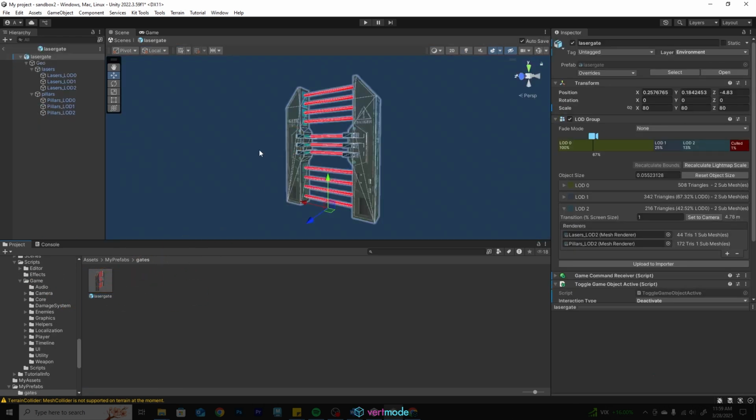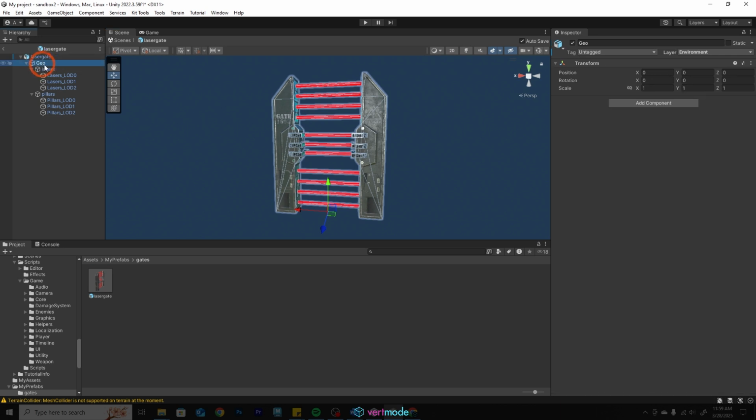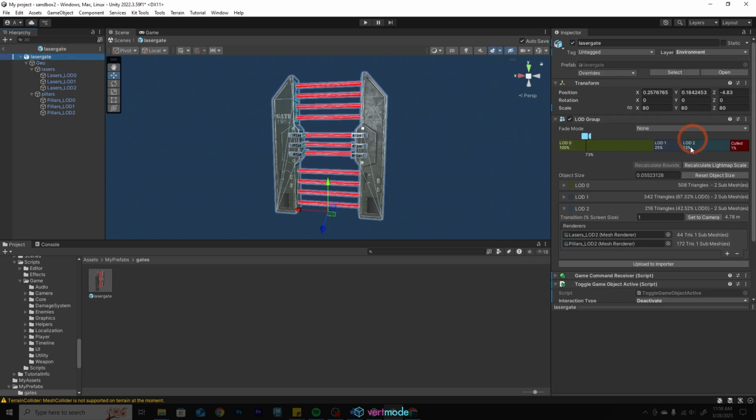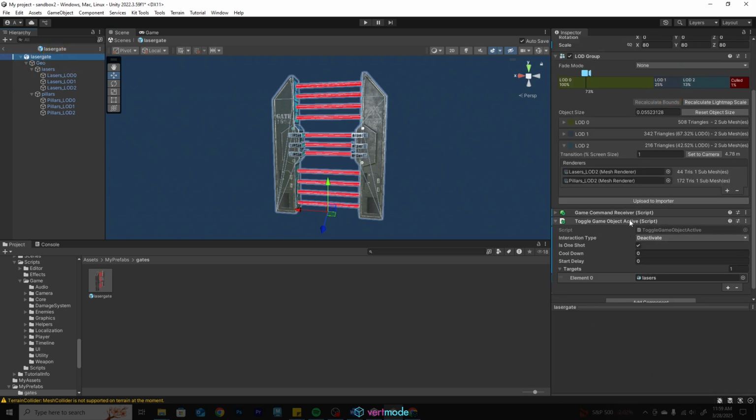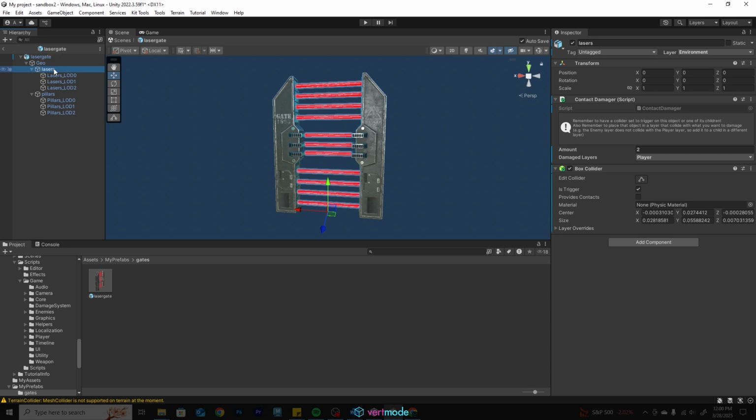in prefab edit mode. Now remember, the way we set this up is that our laser gate is going to trigger a deactivation of these lasers. So in theory, if we wanted the sound to sound like it was coming from those lasers, we would want to actually attach it to this laser group. We can do so by going to Add Component, and as you might have guessed, we could type in Audio,